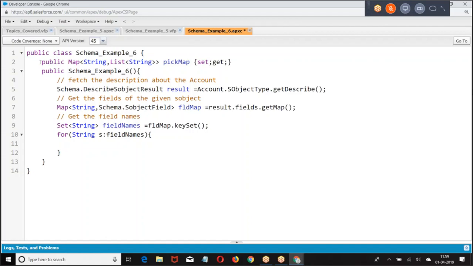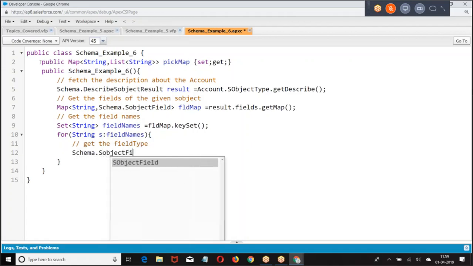Once you got the field name, can you get the field type? If you know the field name, you can get the field type. How do you get it? Schema dot S object. You got the field type. Then get the description about the field.